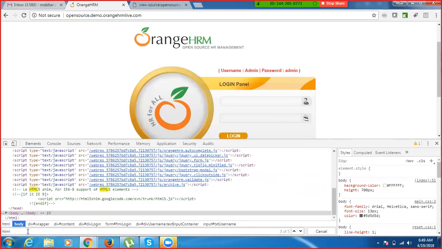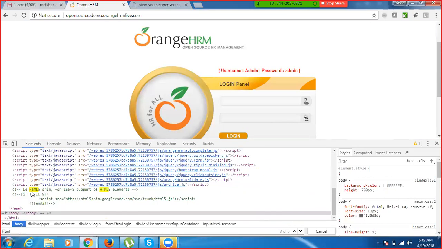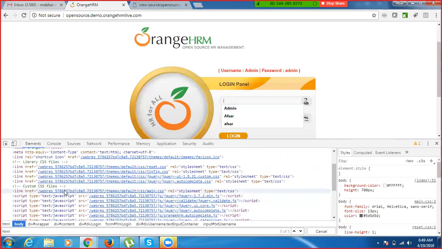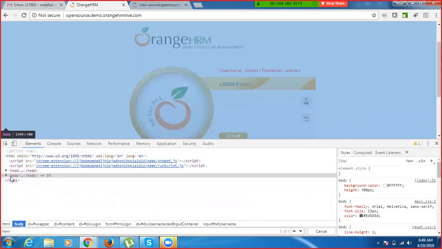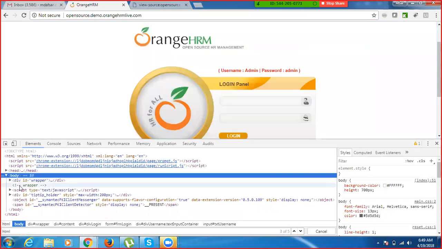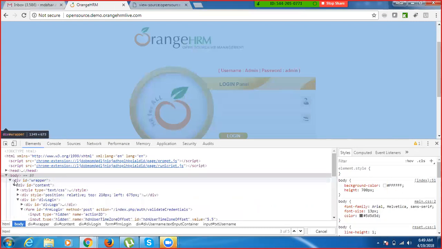Then my target application is present somewhere. I want to go to this particular web element, so it is being written somewhere. What I can do is hover over here and see where this particular web element is present. Go to the body, then expand it, then see which one is working. This division is working. Okay, within that div,